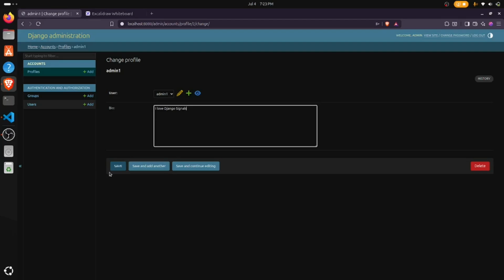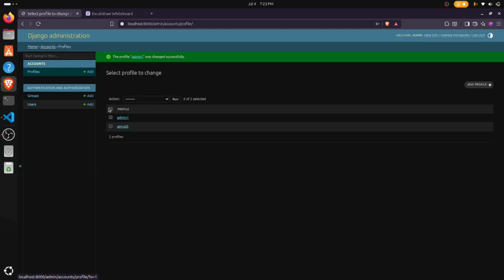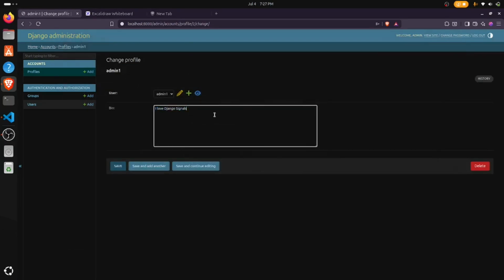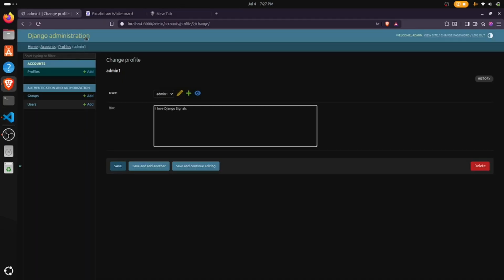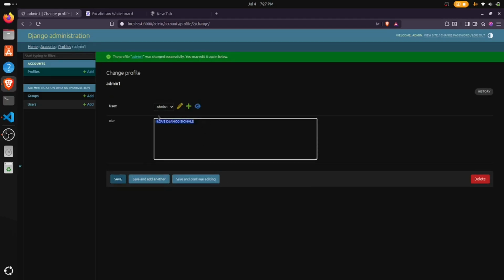Now let me save this, and if I go here, the function is not running because I'm using post-save instead of pre-save. Now let it run, and if I save and continue editing, as you can see, the text has converted